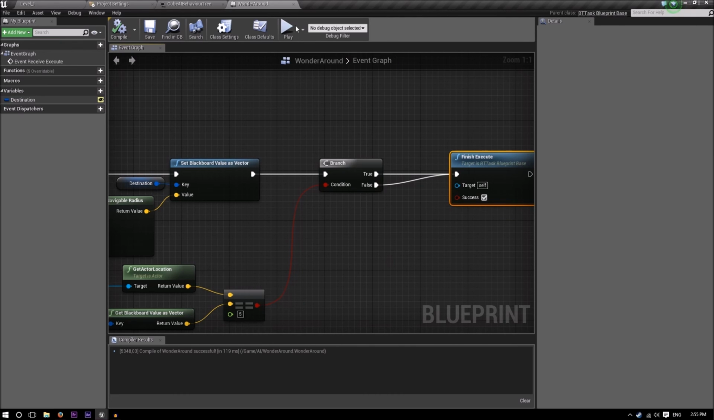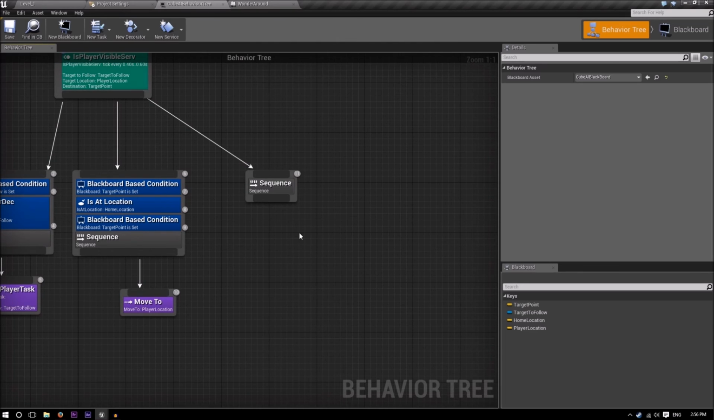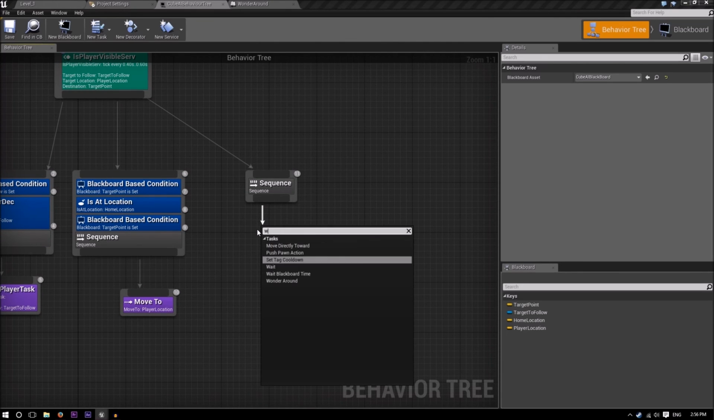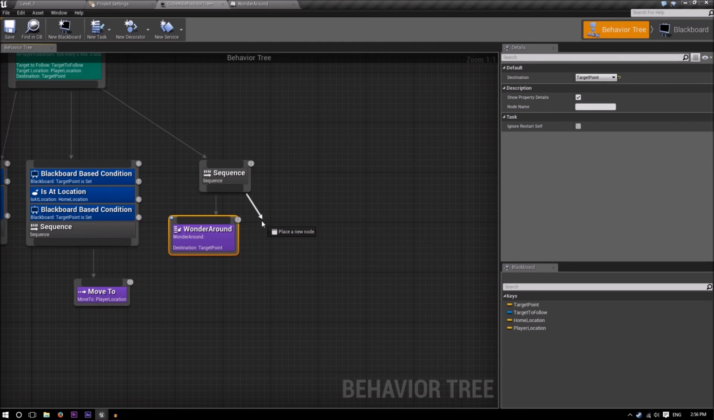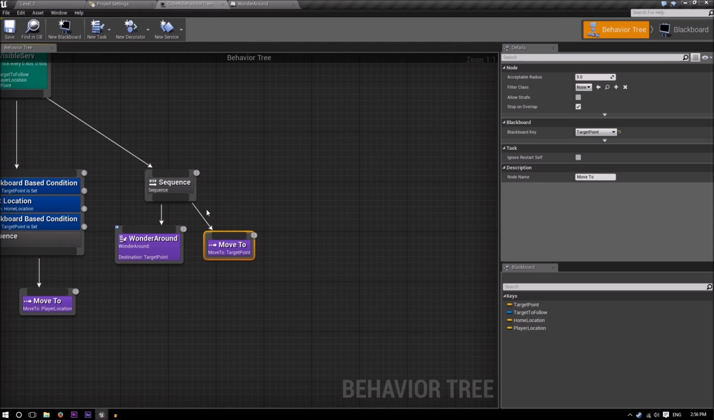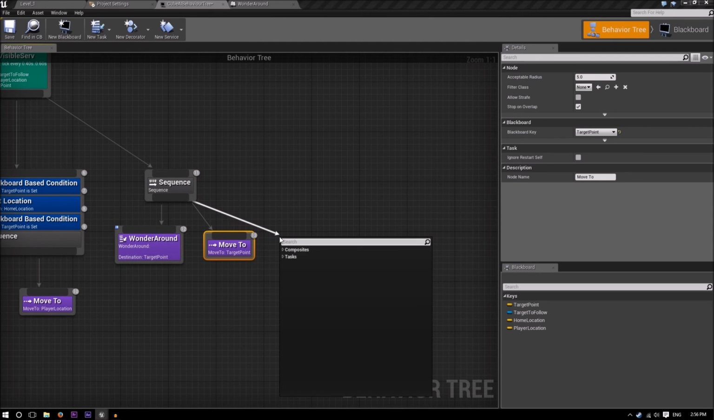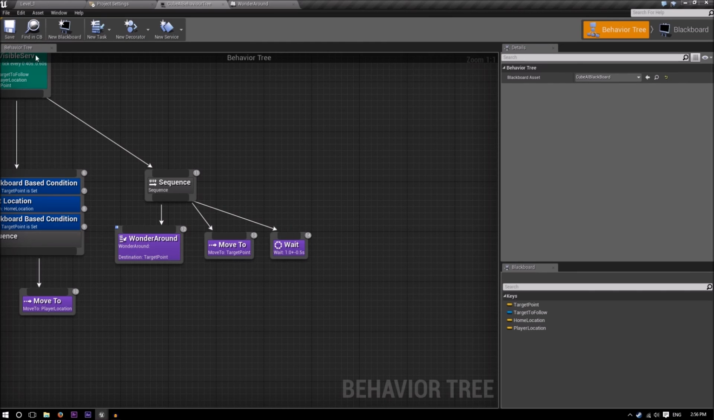Compile. Now, first thing we're going to do in this sequence is this wander around. So this actually just only sets our destination. So the next thing we're going to do is move to our target point, and then we don't want it to go off instantly, so we'll just do a wait, and we'll change this to a 1 second wait with a 0.5 random deviation. So we're going to save,